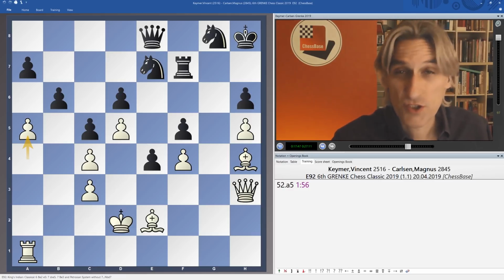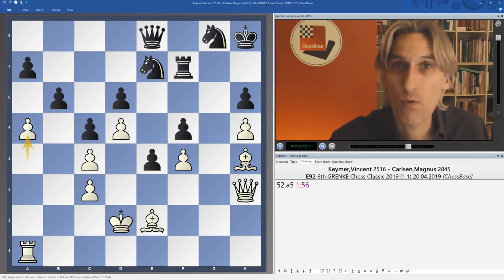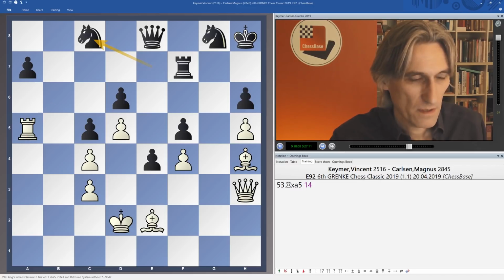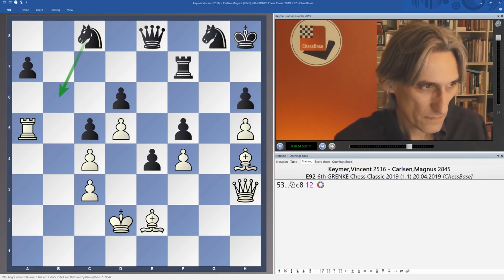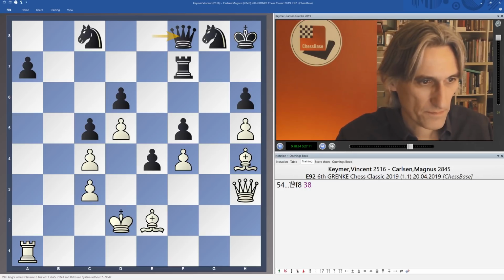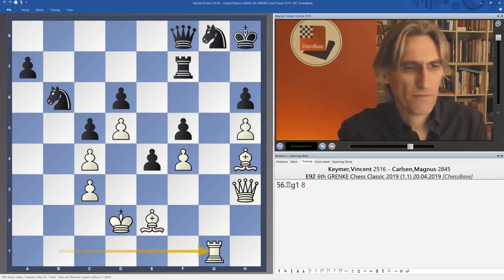Well, again, a contentious decision, but actually I think absolutely the right decision, because it's very important for him to create counterplay and put some doubt in Carlsen's mind, actually, that white does have counterplay on the other side of the board. Of course, this also gives black possibilities here as well, because now that knight can switch round potentially to b6, and the a-pawn has some potential too. So queen f8, knight b6, and here Carlsen thought for 3 minutes,